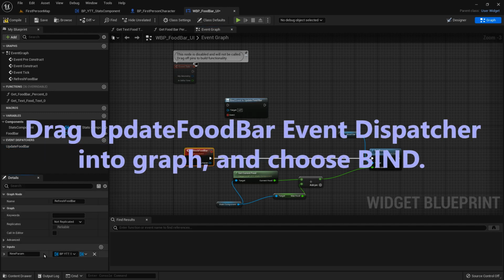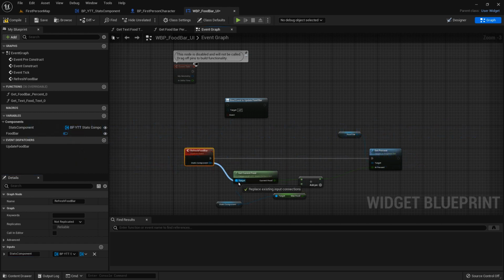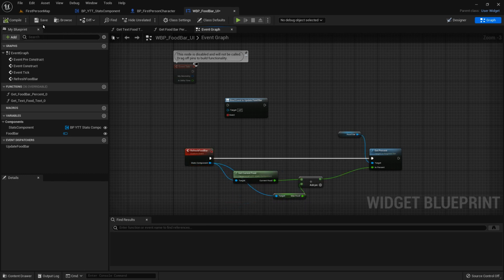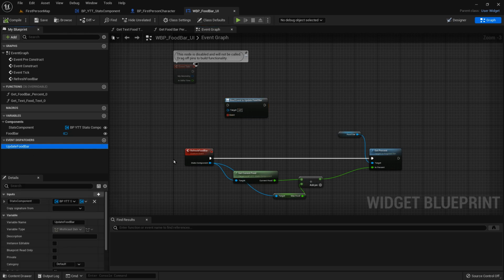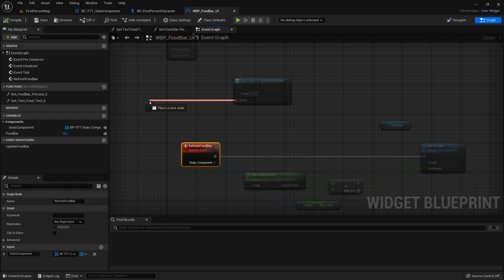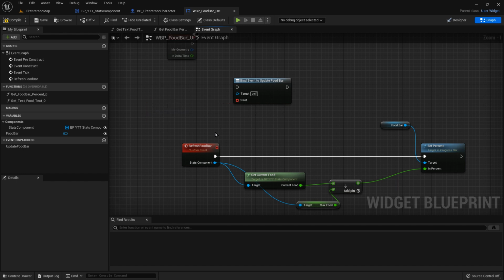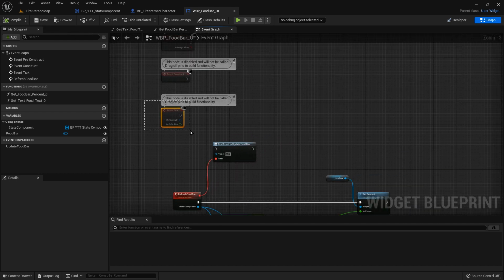We're going to have to add an input here, the stats component. There we go. Drag this here, connect these pins, delete that, compile and save, because we need to make sure that our event dispatcher here, this input is the same as the event we're binding it to, okay? Alternatively, you can drag from event, type custom event, and just create it that way. But I already made the event, so connect those pins, compile and save,